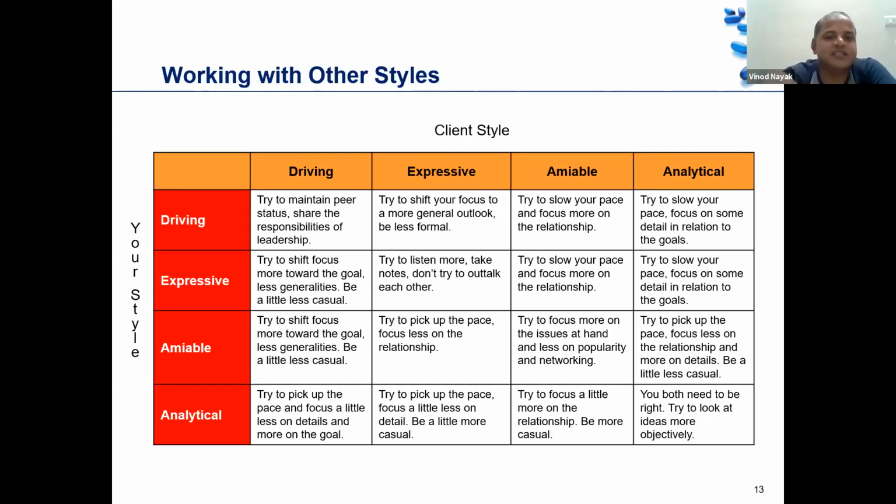If the person is expressive, the amiable person has to improve the way he's speaking, his pace, because that expressive person is ready to put forward his point of view rather than understanding what you are actually facing. And he is not more interested in you maintaining the relationship. He is actually trying to get something new out of it. If both are amiable, then it's